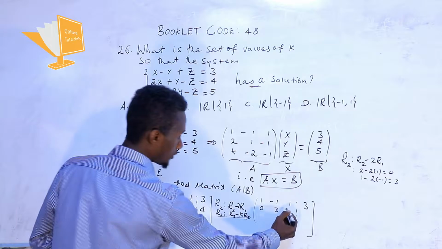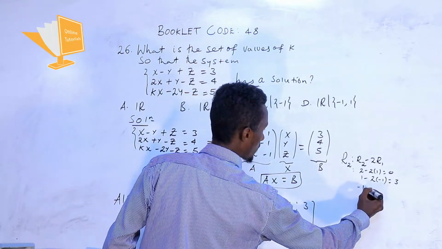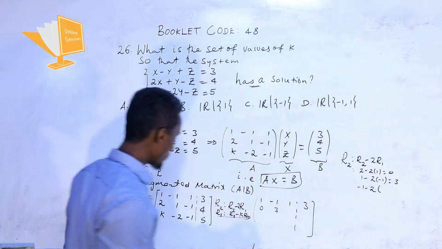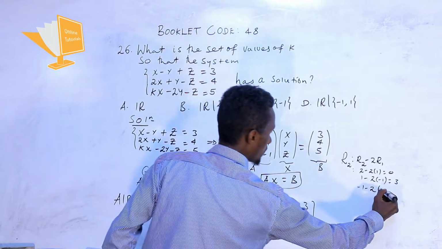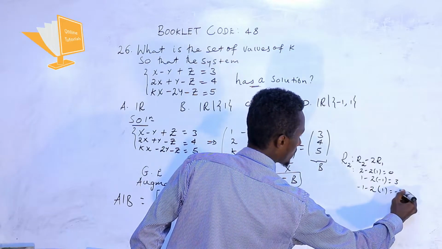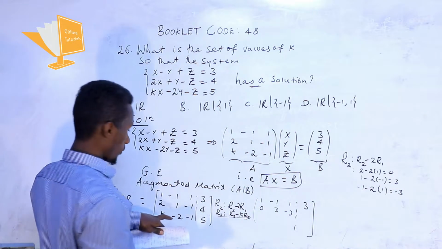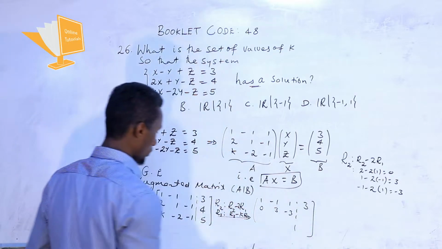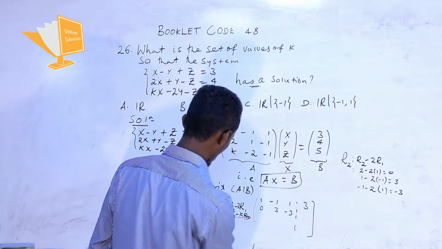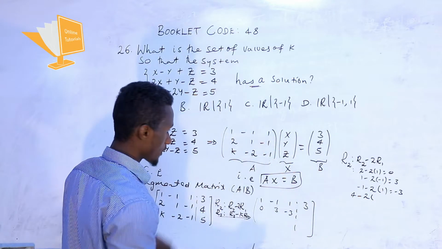Next to find this entry we use the second row entries -1 into 2 into what the element in R1 which means 1, now the result becomes -3 ስለዚህ -3 ይሆናል ማለት ነው እዚህ. Now to find this element we use the form meaning take 4 minus of 2 into R1 ላይ